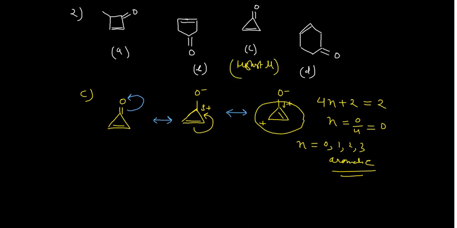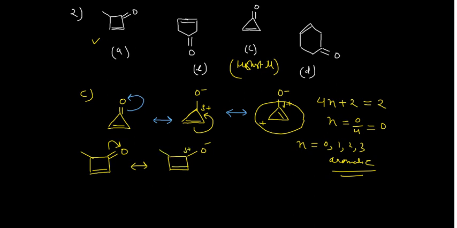Now you can think about the other structures. Say your next structure is this one, A. Again you see, this is the special one. This is double bond O, just like that. If this electron jumps here, it will result in this species: oxygen is negative, carbon is positive, and this is here, just like that.